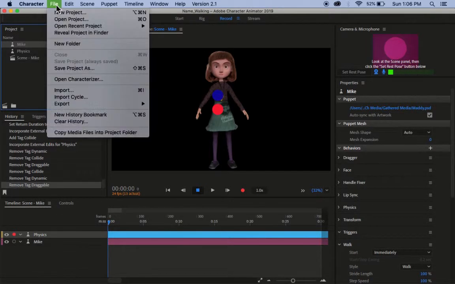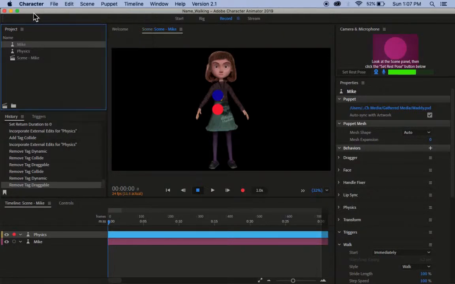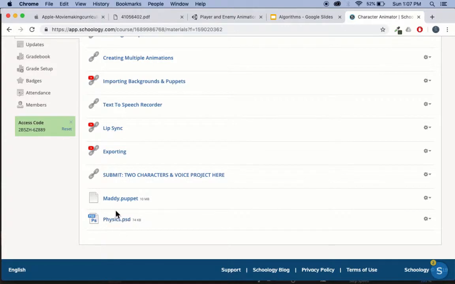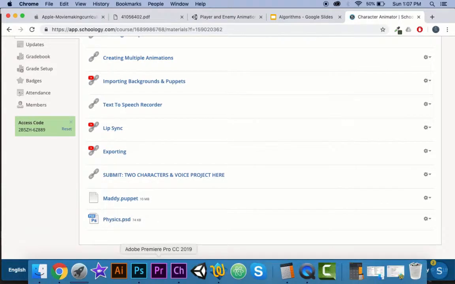So the first thing you're going to do is File, New Project, and then you're going to go get these two files from Schoology. We have maddie.puppet and physics.psd. You're going to save those in your folder